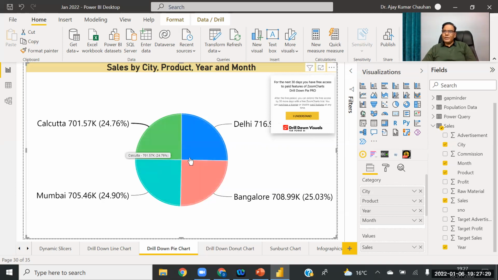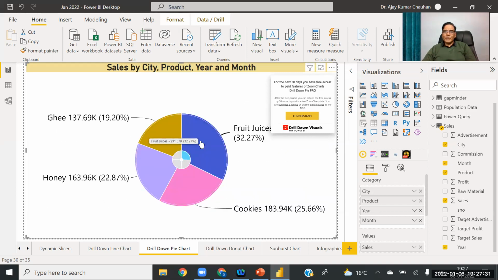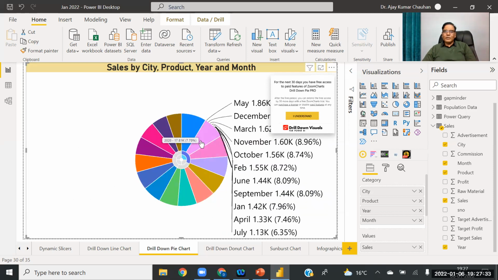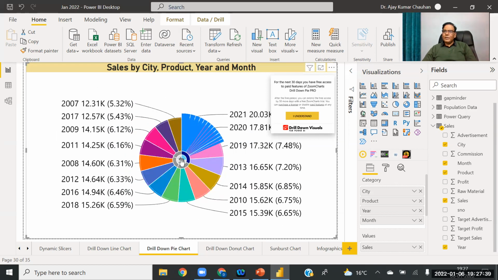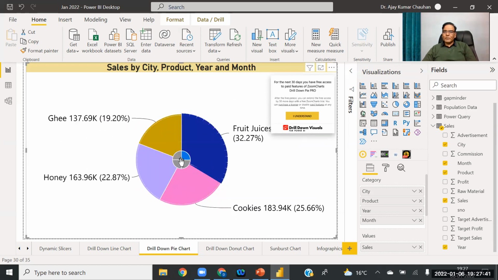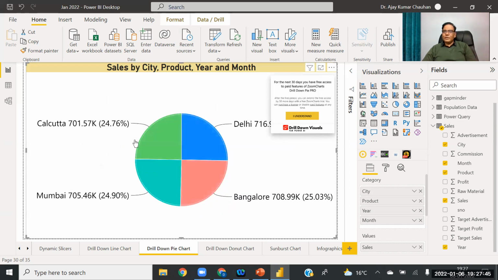So you can go to the detail by just clicking one option and then go like this. So this is the power of the drill down pie chart. And I hope you like it. So these are the advanced charts. You can include these charts in the presentations and it will definitely attract others.